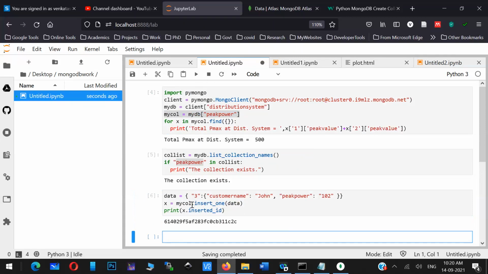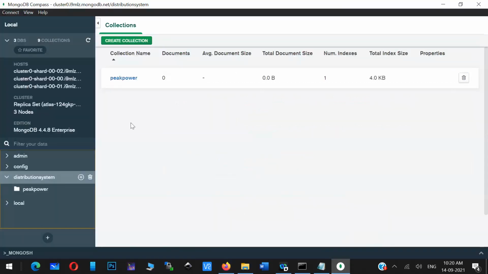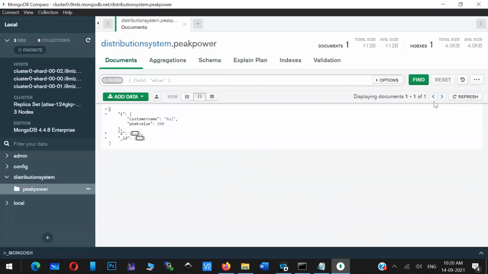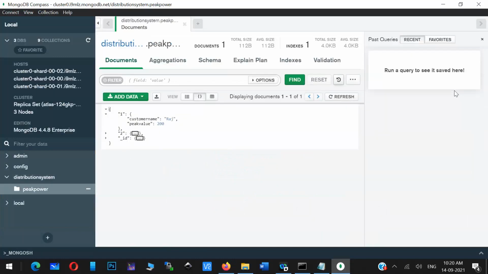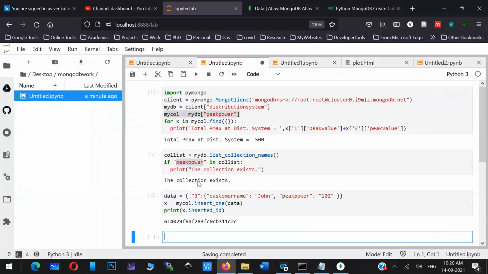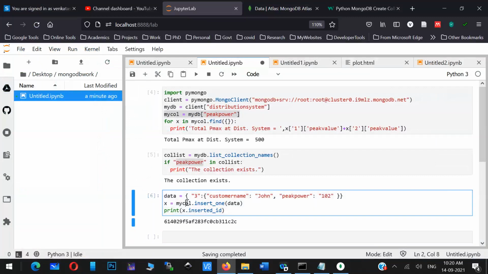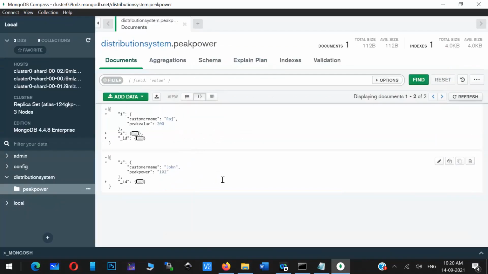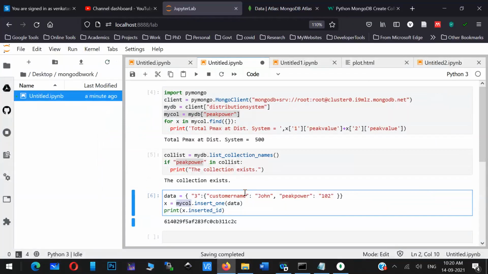Okay, so this particular record got inserted. Now let me see. If I open this one, I just have to refresh. Now, can you see here one more record came here with customer name and all those things, correct? So in this way, you can insert records into a database. Okay, so that is what you can do. So data, my column is basically pointing to the peak power. So now the record got inserted. So insert command is done.